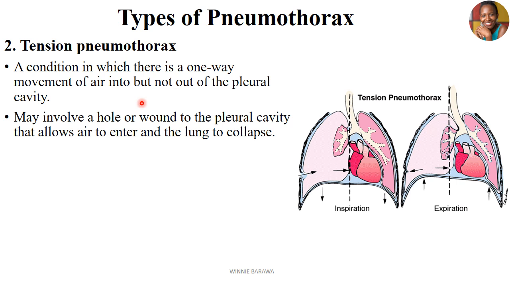the pleural cavity. Mostly, again, it involves a hole or a wound onto the pleural cavity that allows the air to enter, but there's no area to exit. So how does it happen? In this tension pneumothorax, you could have a gunshot wound here that allows the air to go in, but there are some flaps of tissue that, when the patient is expiring, lock that entry point and the air does not escape. So the air builds up,